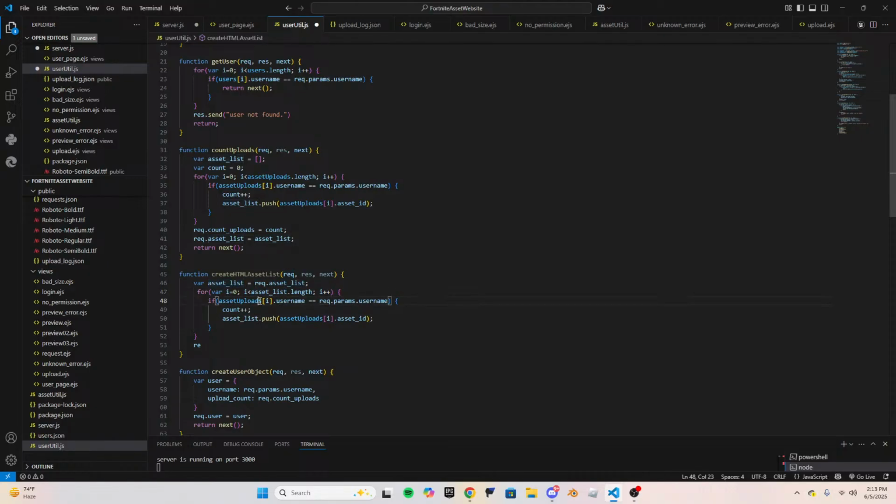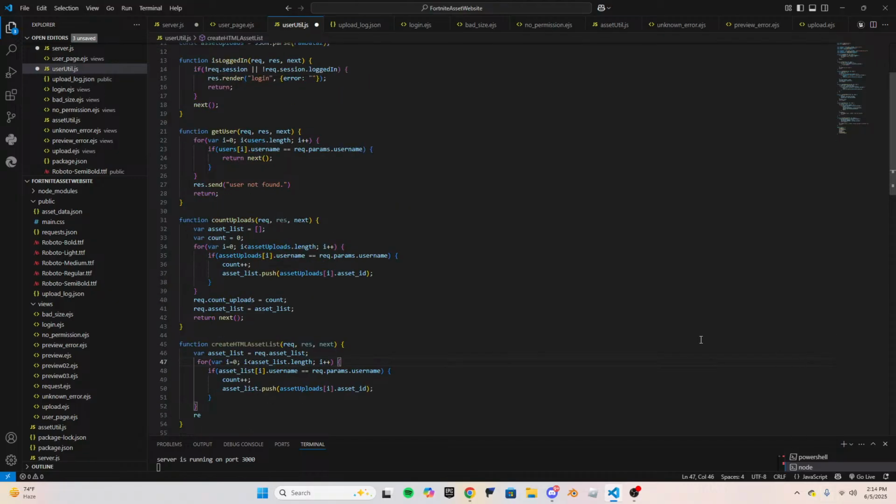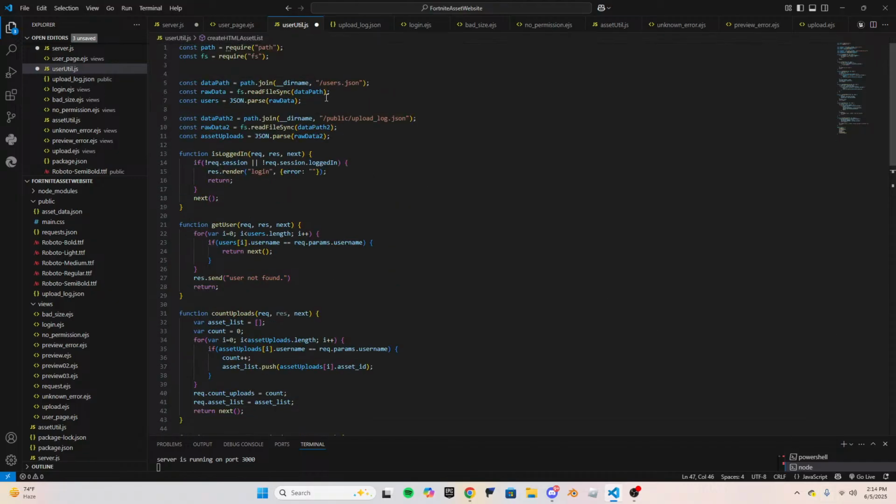So this would be asset list dot length. Then we need to get the actual data from the asset data.json. So it would be for, then we'd want to do